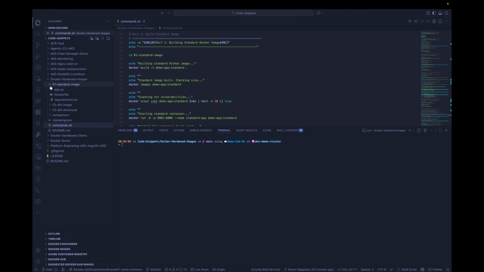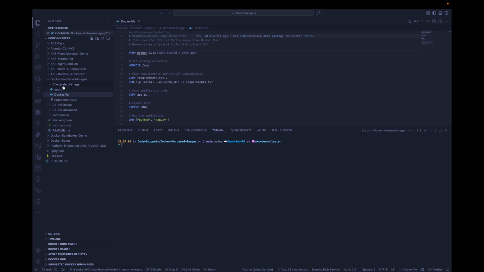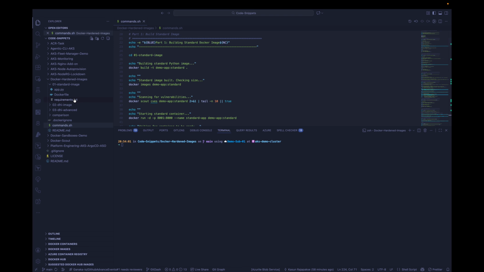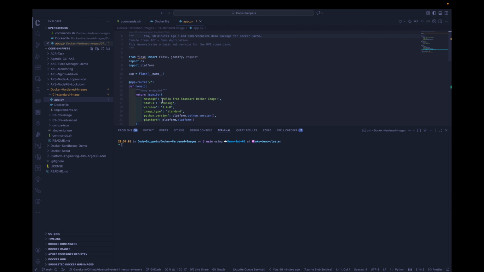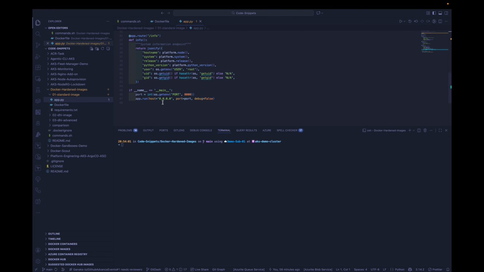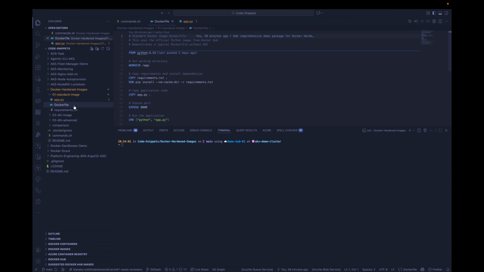So in the folder you can find the subfolder called standard images, right? So under the standard images you can find the Python application. It's a very simple Python application, nothing complicated. Then you can find the Docker file for that